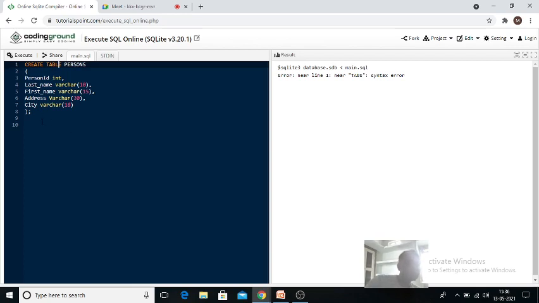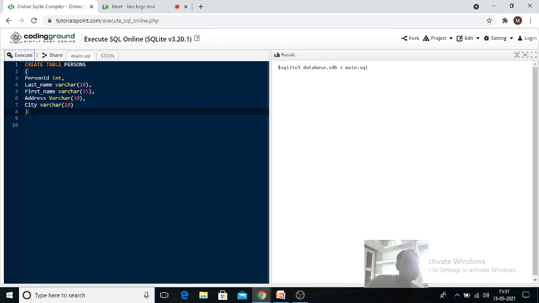In case you have typed and your semicolon is not there at the last, and you try to execute it, see, some compilers will accept it and some compilers will not. So we did not get the error now, but I don't know whether the table is created or not.